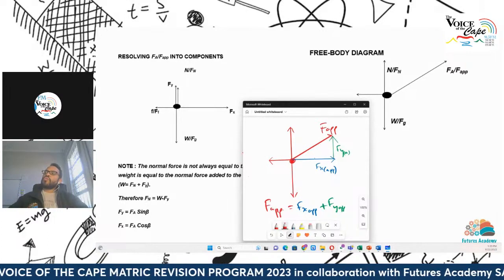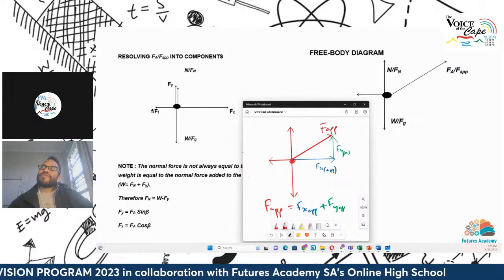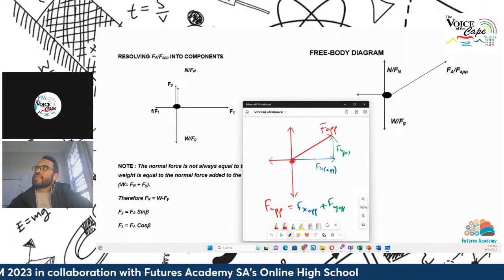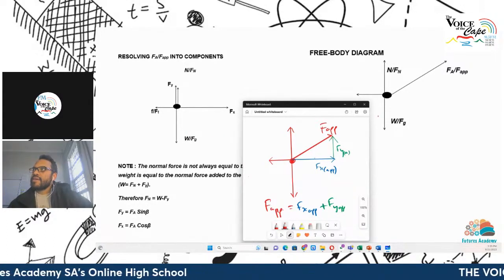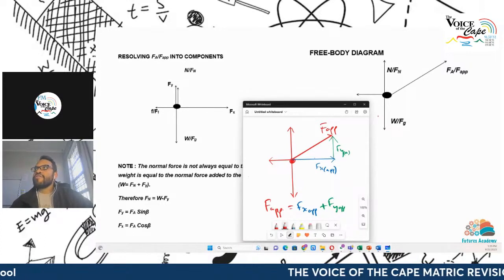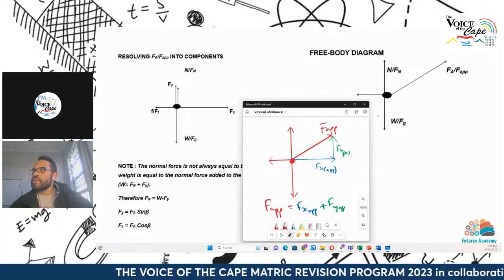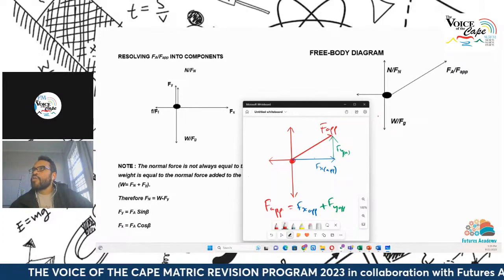Okay? So when the examiner asks you to draw all the forces acting on this object, you must remember that the applied force over here is equal to this force plus this force. So you have one of two options when you answer such a question in the examination. You either draw everything we see in red, or you draw